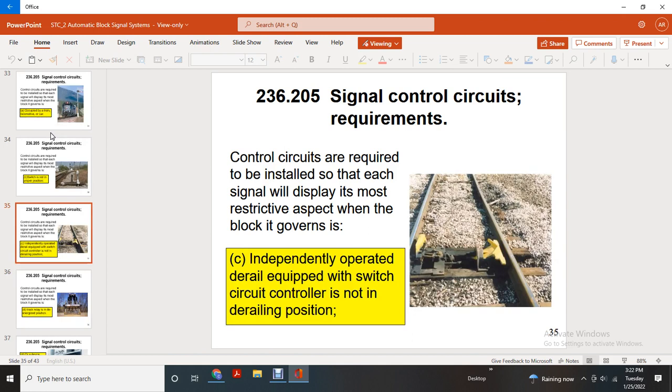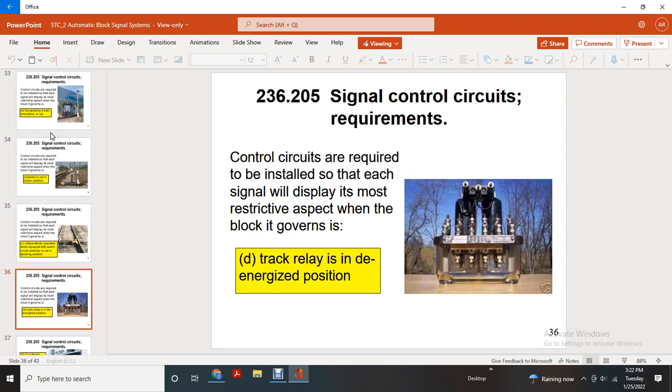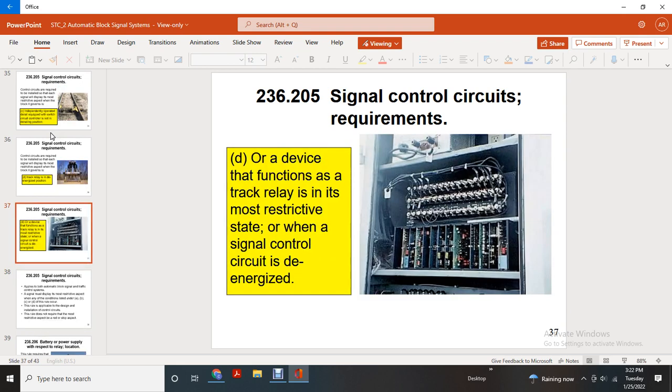Control circuits are required to be installed so that each signal displays the most restricted aspect when the block it governs is independently operated. Derailed. Equipped with a switch circuit control, the switch is not in a derailing position. Signal control circuits requirements: the control circuits are required so that each signal will display the most restrictive aspect when the track relay is de-energized. Signal control circuits require a device that functions like a track relay in its most restricted state when the signal